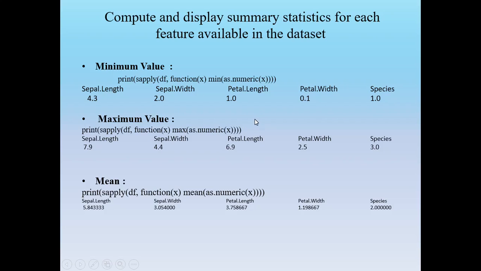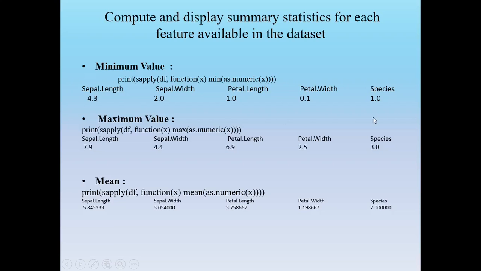Now we are moving to our second operation: compute and display the summary statistics for each feature available in the data sets. First we have to calculate the minimum value. The function is given in front of you for R programming: print(sapply(df, function(x) min(as.numeric(x)))). Here df is the variable, that is the data frame, and with the help of this function we get the